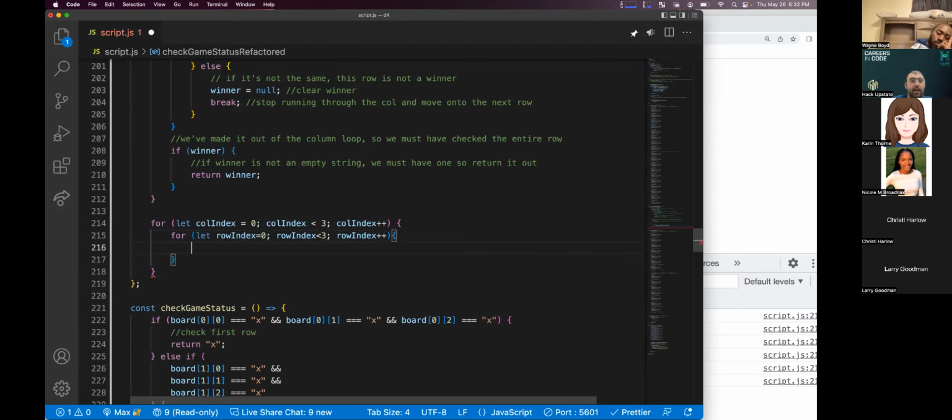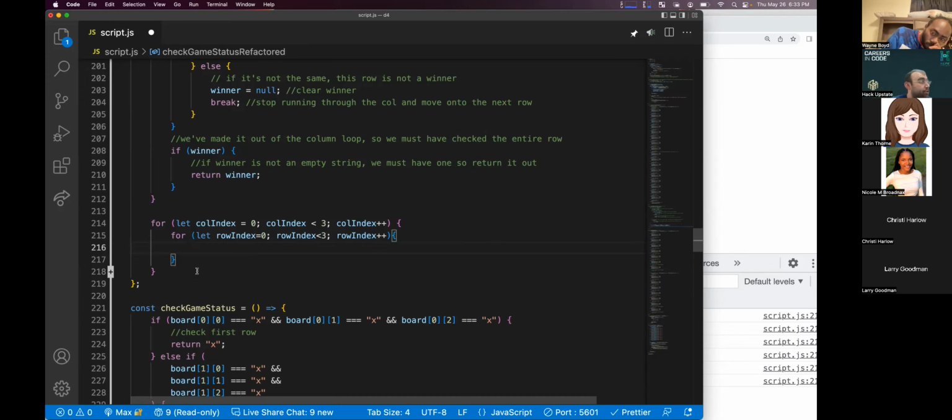Now, oftentimes you will see someone say for let i equal 0 while i is less than 3, i plus plus. And then they go in and do another for loop and they go, well, I can't use i again, I'm going to use j. And then after j, they just keep on going down the alphabet, right? I cannot stand it when a for loop has an iterator called i. What are you looping over? What is that iterator supposed to represent? Call your variable that. Because now in our code, when we're using row index and column index, it's going to be much easier to know which one we're on.